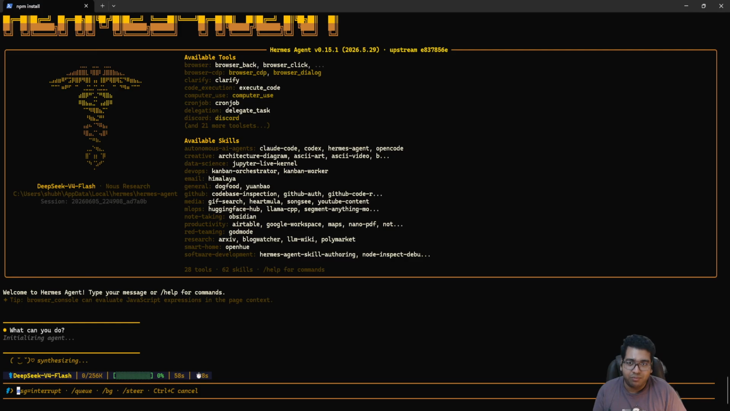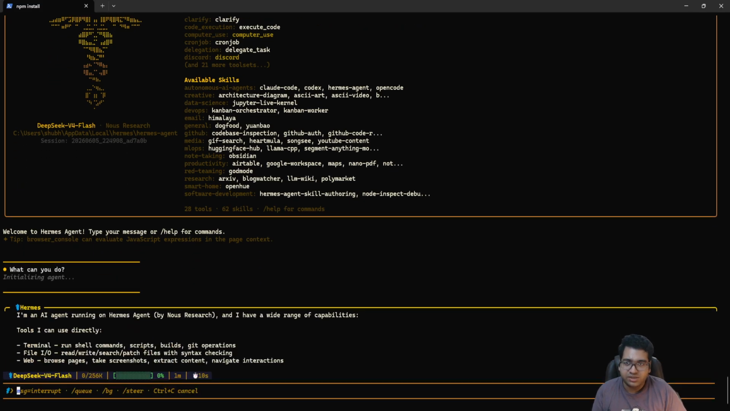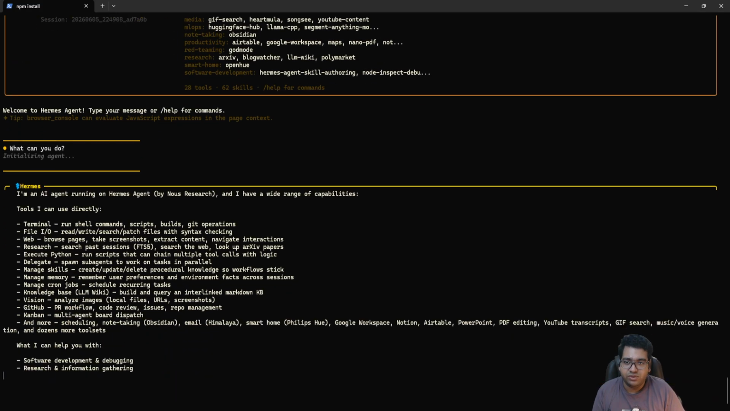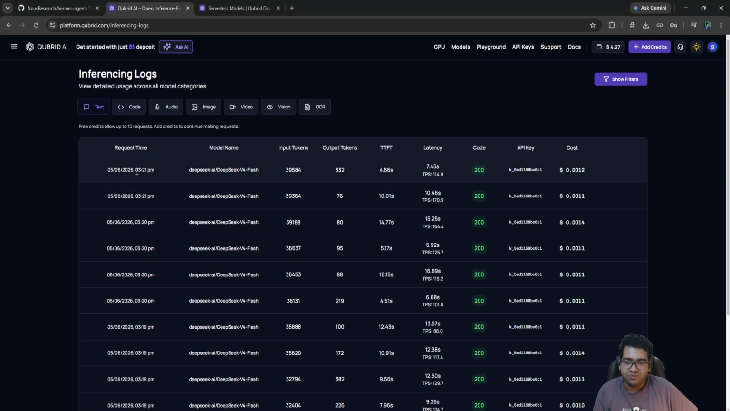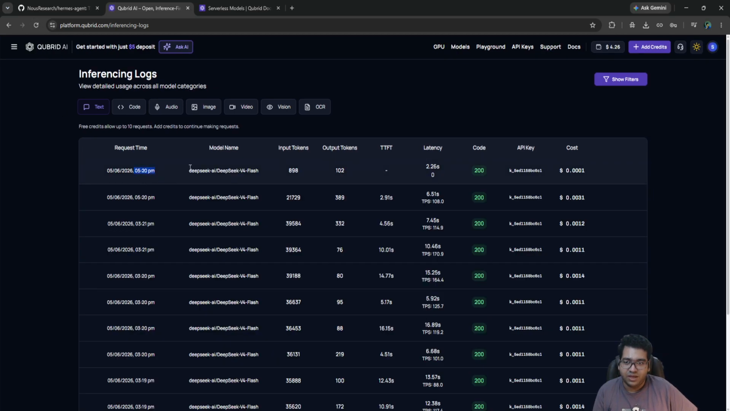There are tools like browser tools, code execution, cron job, productivity tools, many things are there. And you see, it started working. In the backend, it's using the DeepSeek V4 Flash model, which we have allowed it to use. To go back here, you see the last entry was 321. If we just refresh it, you'll see the